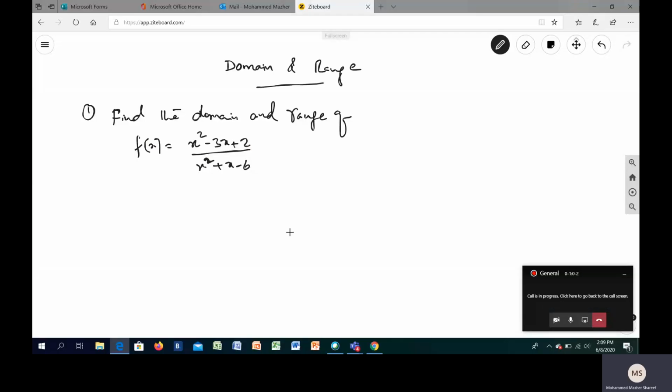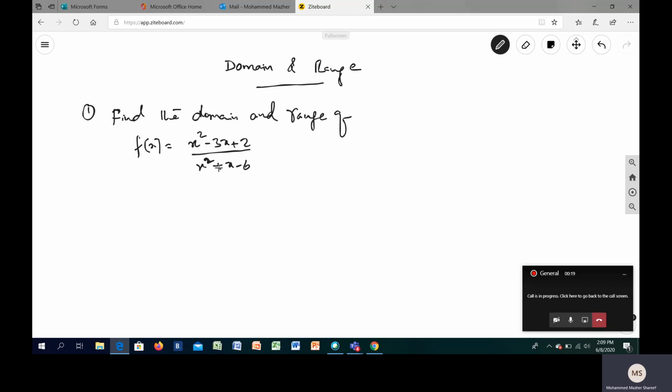Hello friends, in this video we'll be learning about the series of lectures on domain and range. This is the second part of the domain and range of a rational function. As we discussed in the earlier class, the linear function and the quadratic polynomial. But this one is more specific and a very important question for grade 11 students of CBSE.